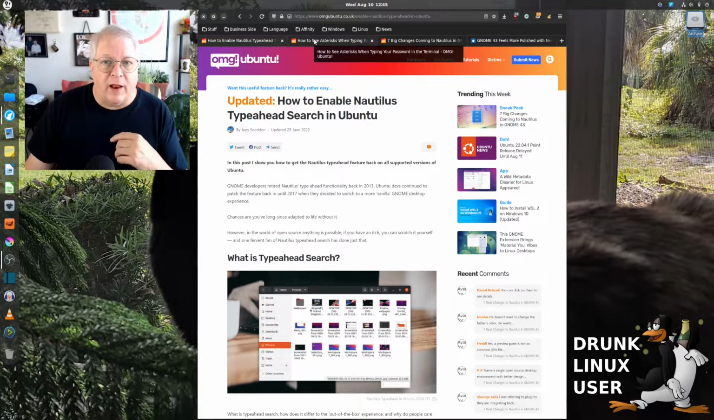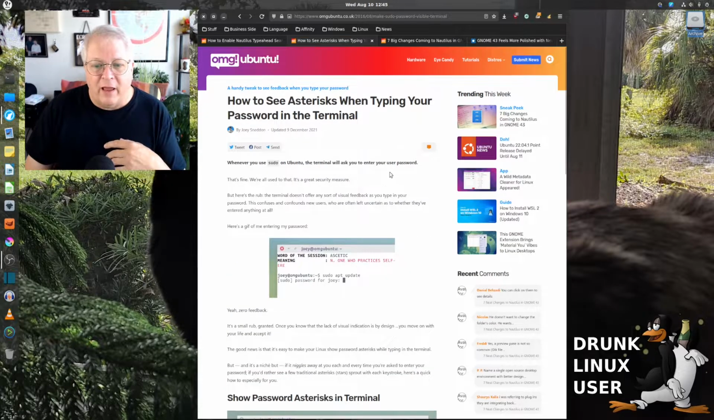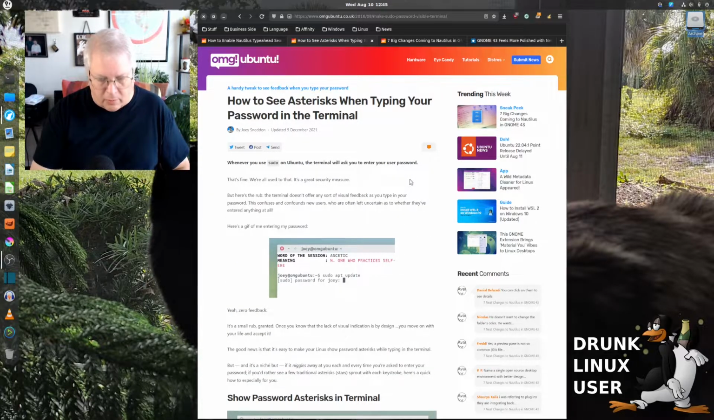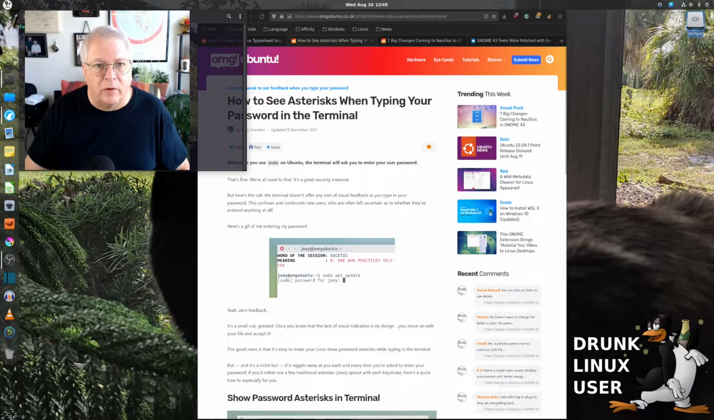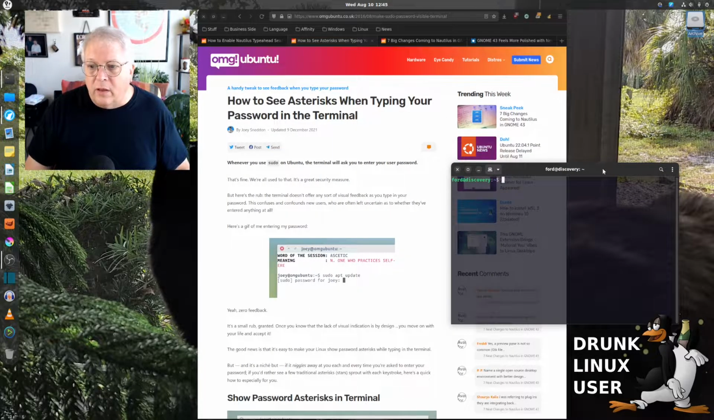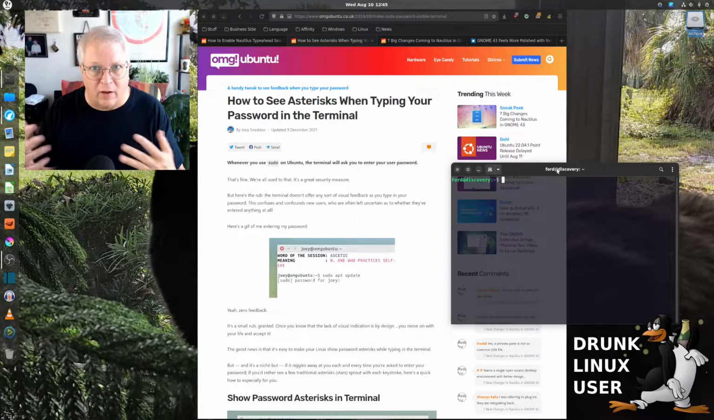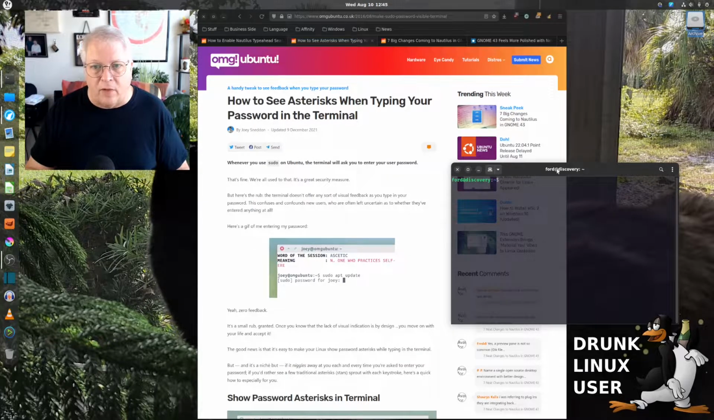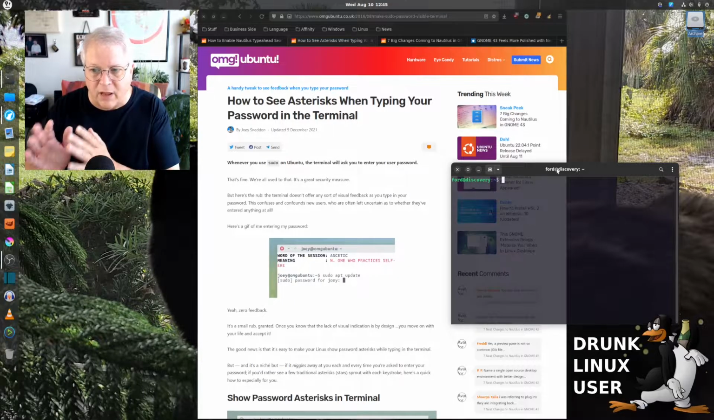Now, the other thing that I like is when I open up my terminal, bring this little guy over here, I like being able to put in my password and have a visual representation of what's going on. I'm a touch typist, but sometimes I kind of flub up and I can kind of visually see what I'm doing if there is some type of